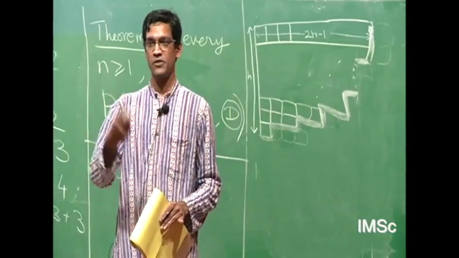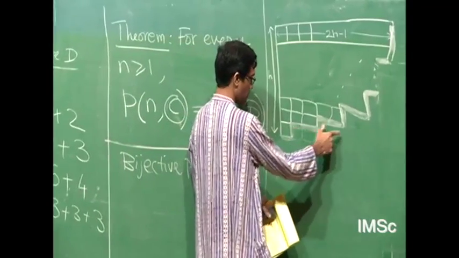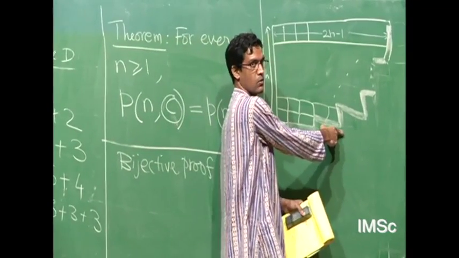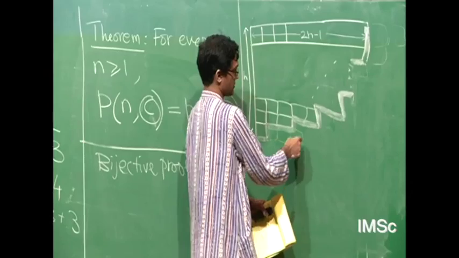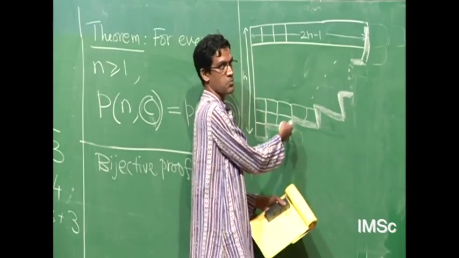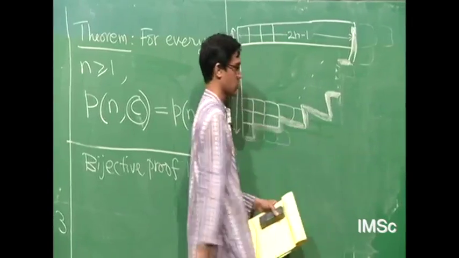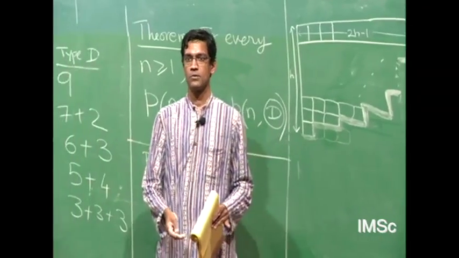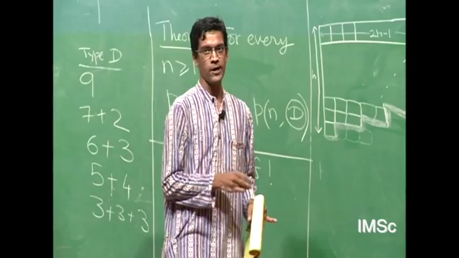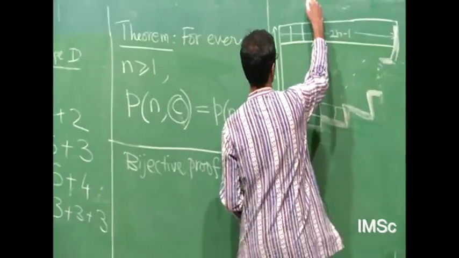The difference is 2, right? The difference should be maintained. So if there are 3 boxes here, then at least 3 boxes should also be there above it. Only then is the difference of 2 going to be maintained. So say there are 6 boxes to the right of a 3, then this one should also have 6 boxes. So what it means is the following: if a partition is of type C,